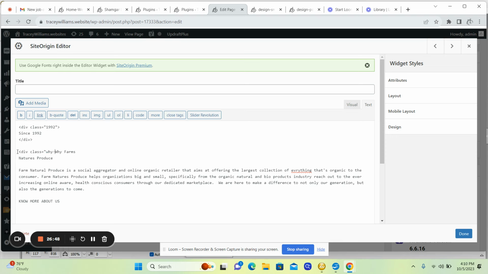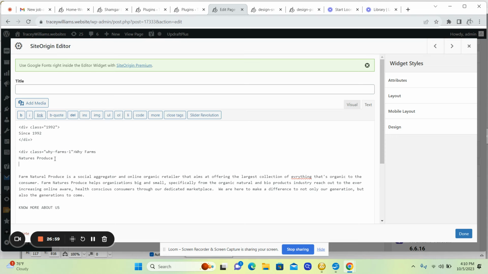And then this one is going to be div class equals Y farms-1. You can name it anything you want, basically. And we're going to do div there. We're going to add a BR so that it hard codes there. And I don't know, do we need this? Let's see, I forgot. We're just going to do a div class here